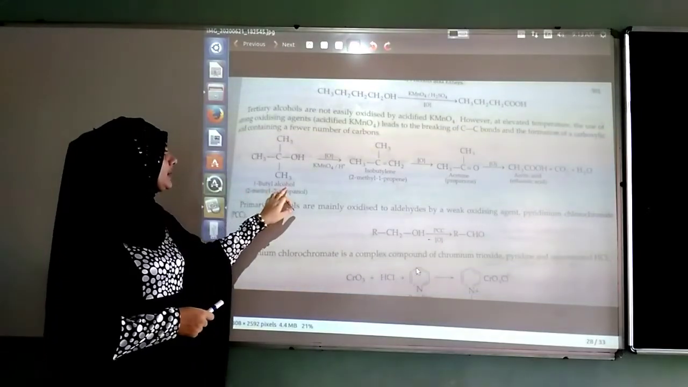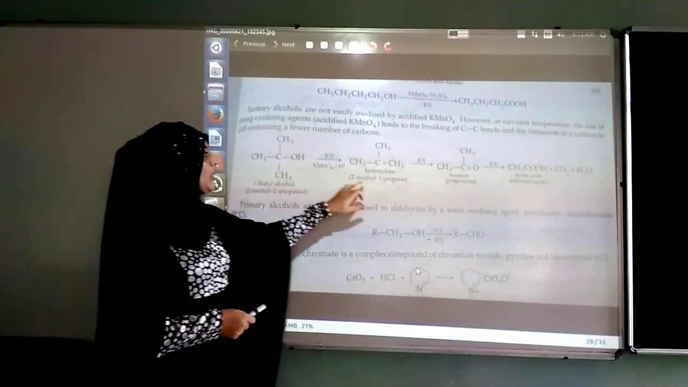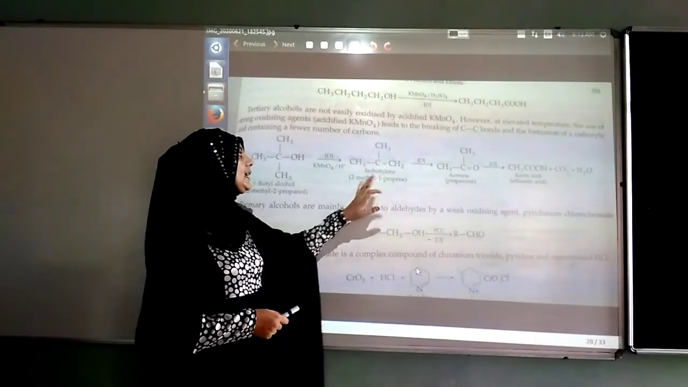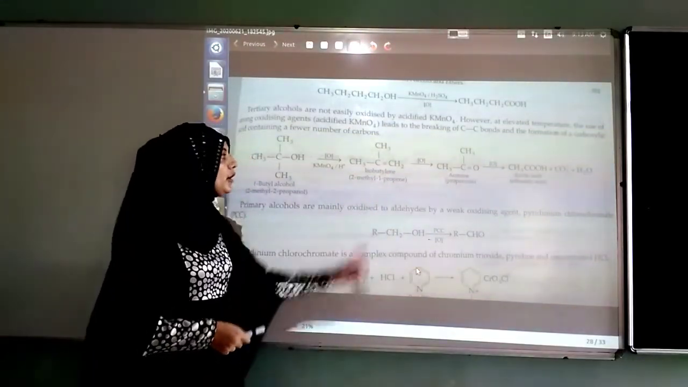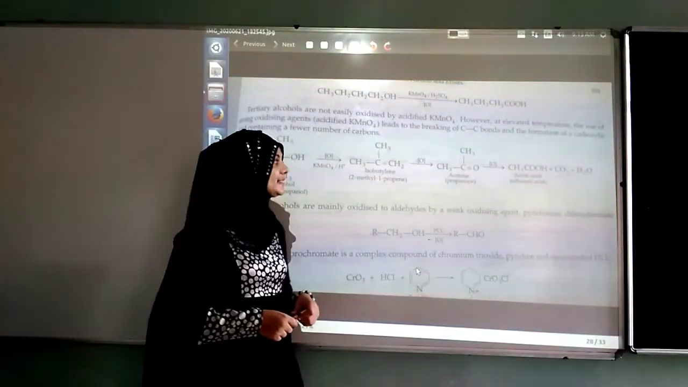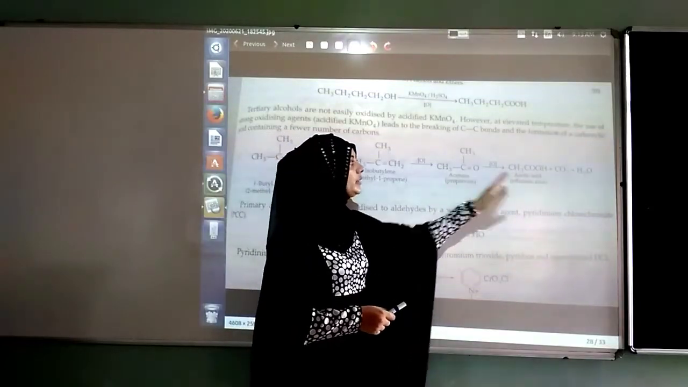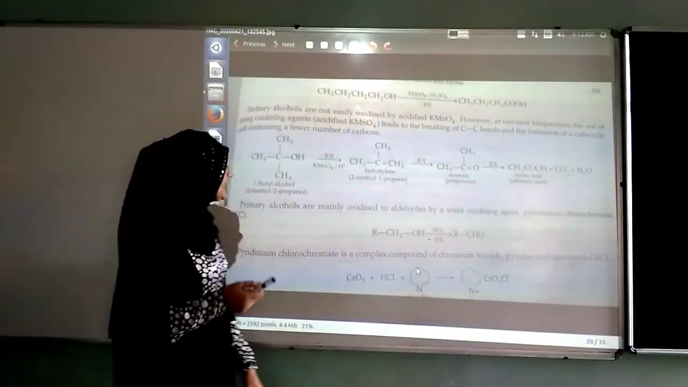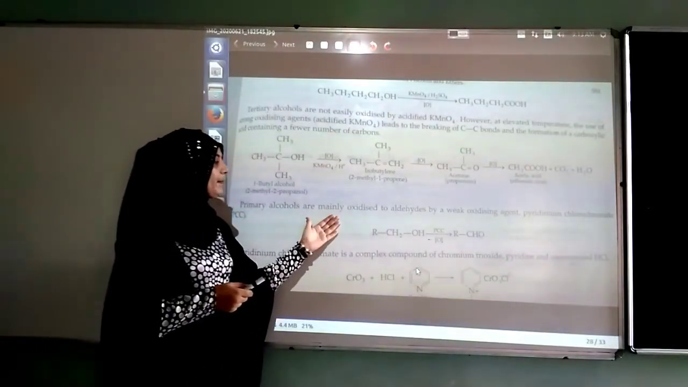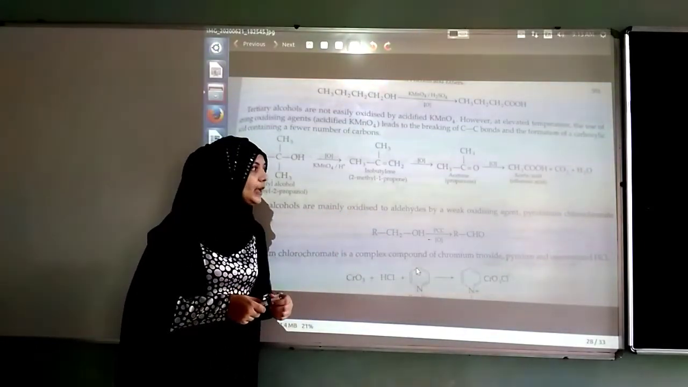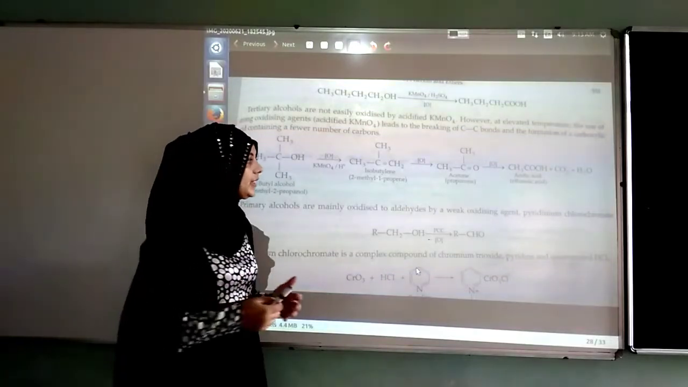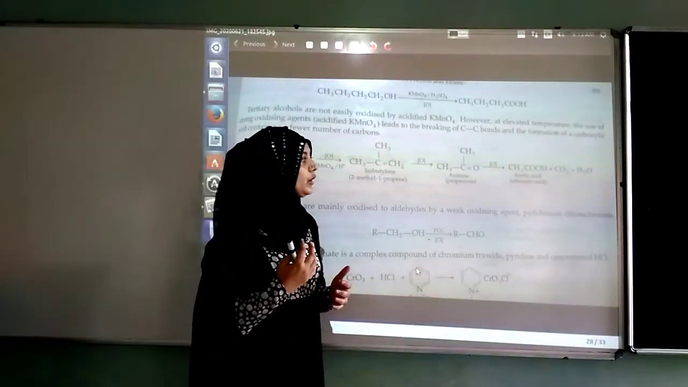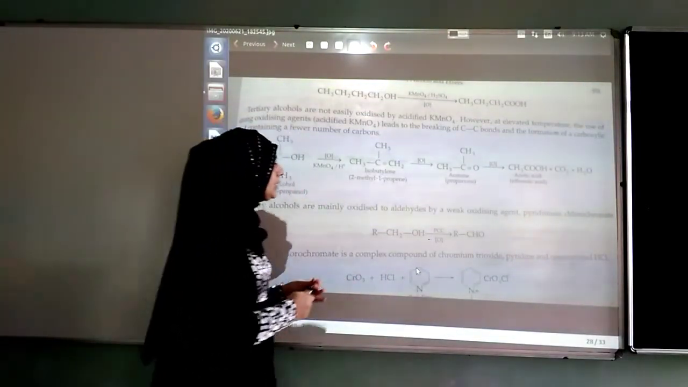When you use the tertiary butyl alcohol, your compound is turning to isobutylene, that is 2-methyl 1-propene. Further oxidation leads to acetone, that is propanone, and further oxidation leads to alkanoic acid. Primary alcohols are primarily oxidized to aldehyde by weak oxidizing agent, then pyridinium chlorochromate, that is very important,